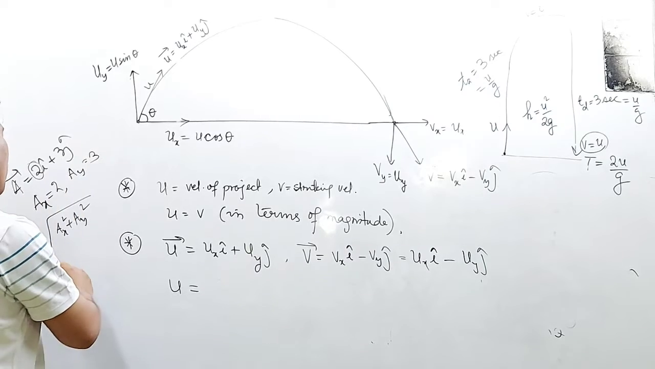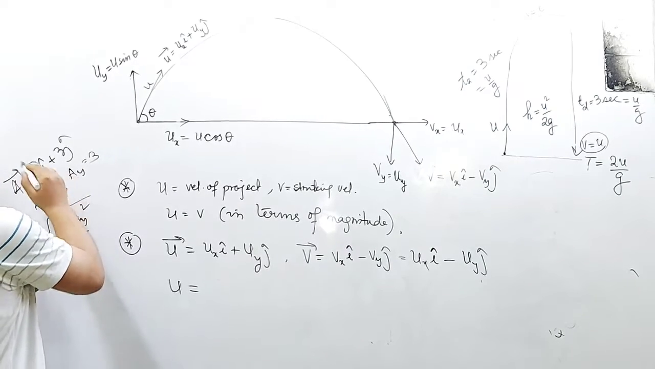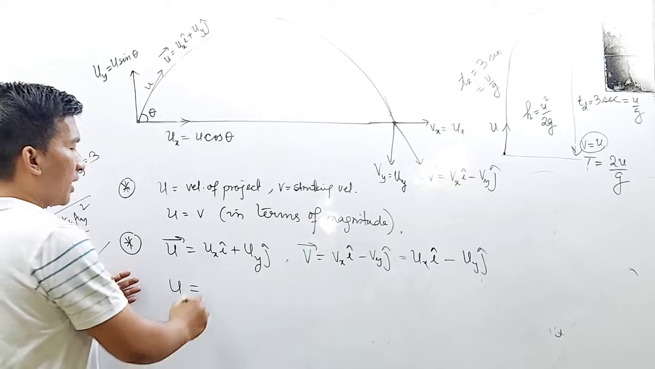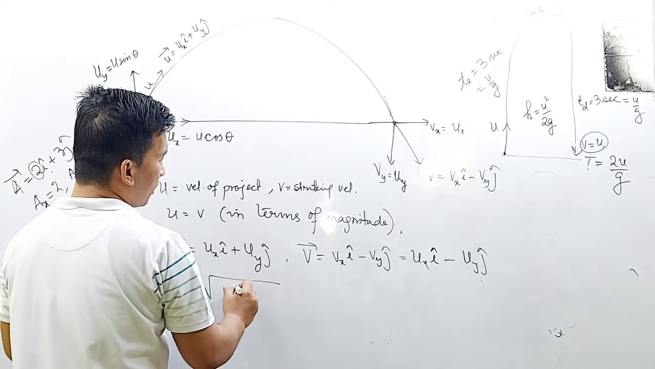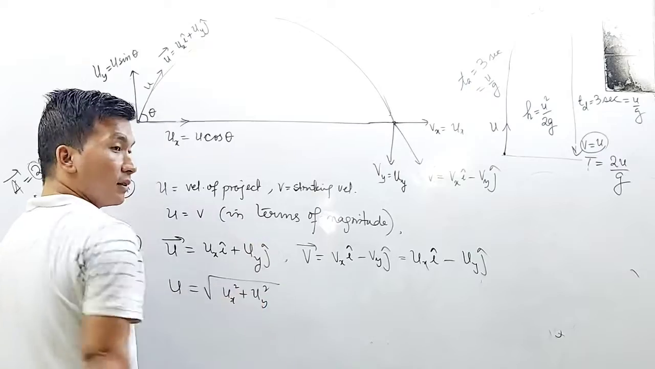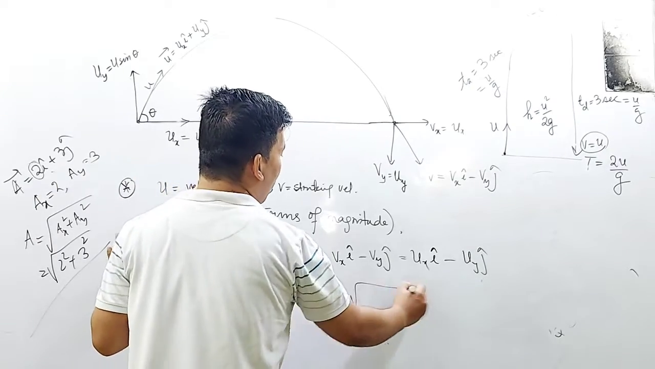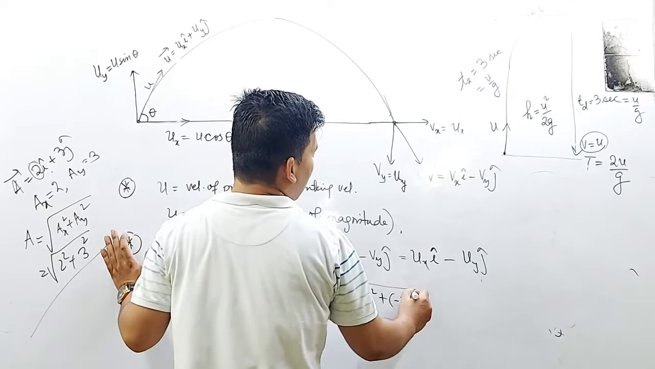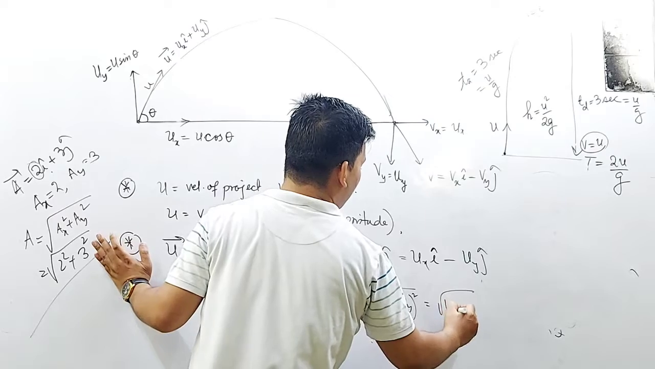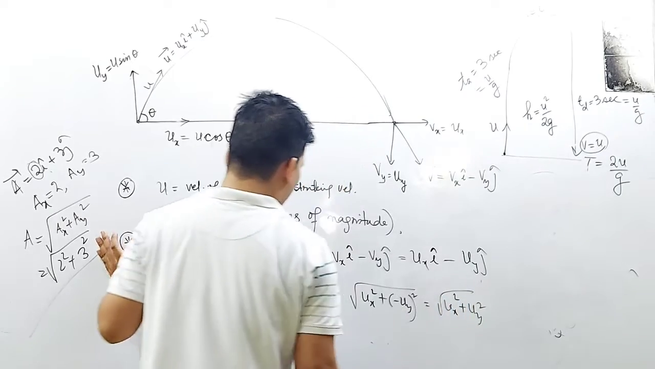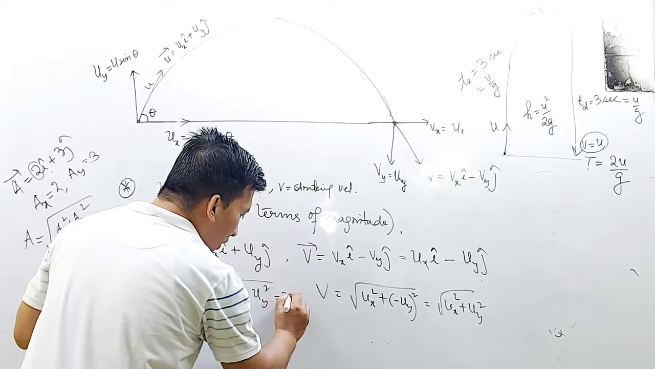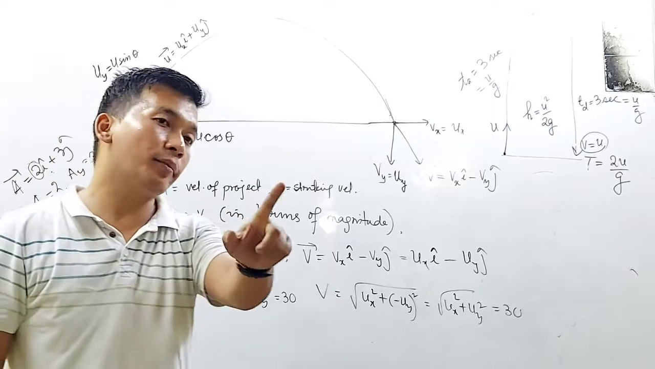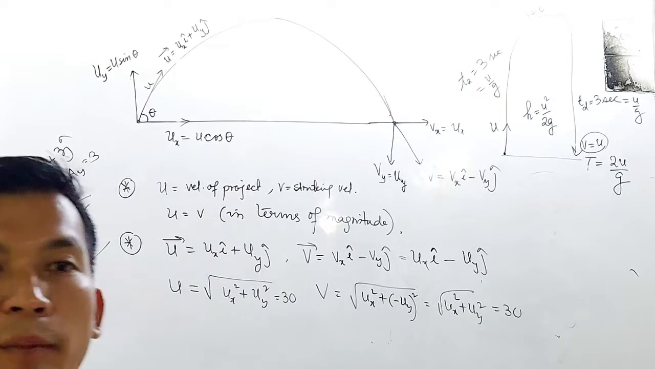Or simply, in your vector concept, it is root over the coefficient of i square plus the coefficient of j square. And here it is root over ux square plus uy square. And the striking velocity magnitude v will be equal to root over ux square plus minus uy square, this will be the same. The value is 30, this is equal to 30. In terms of magnitude they produce the same amount, 30